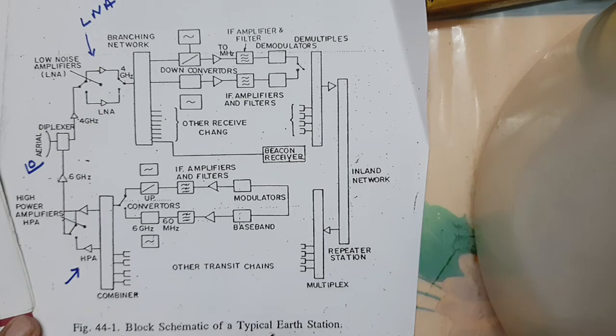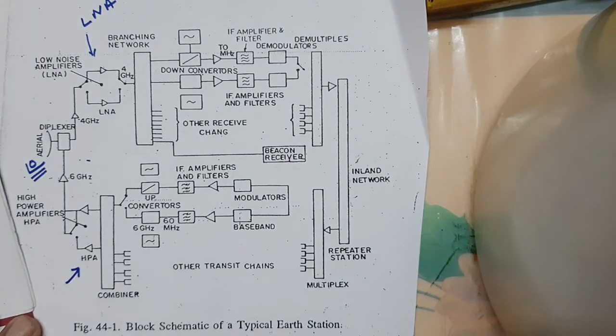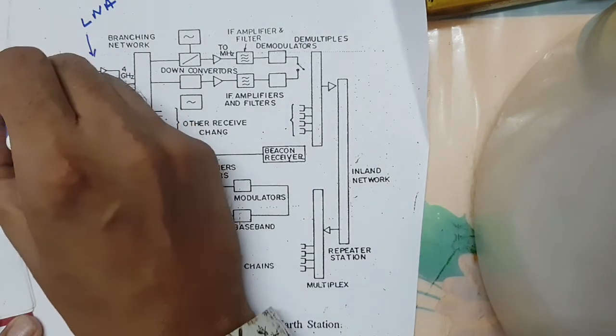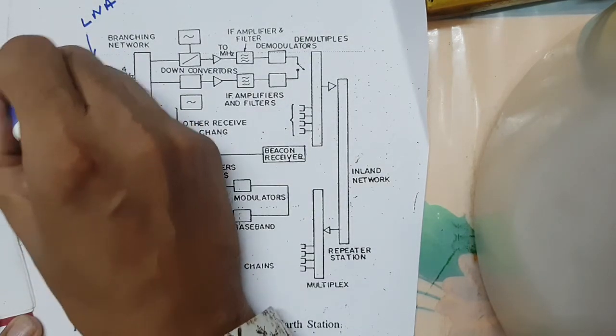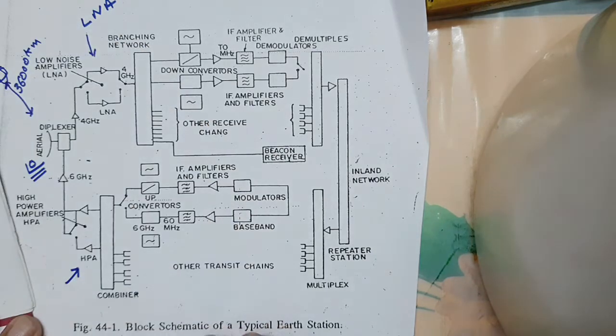Also there is the station control facility, and the power supply arrangement for providing uninterrupted power supply to this earth station. Now we are discussing the first step, the antenna subsystem. The earth station has to transmit a beam of high power so that a signal of adequate strength reaches the satellite. We consider that this is our satellite, at a distance of 36,000 kilometers from the surface of the earth.